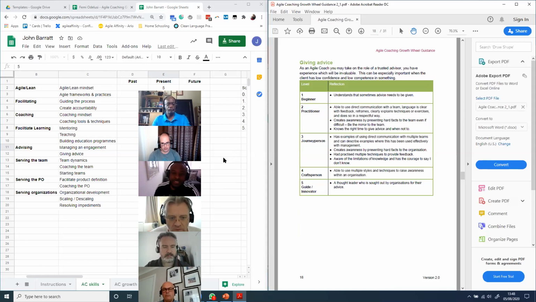Reason being is when I look at the detail, I'm looking at the 3 as a journey person, and I'm creating awareness by presenting hard facts to the organization. Is something I've done. Had practiced multiple techniques to provide feedback. Is you do it subconsciously, but at the same time, you might not necessarily know you're doing it.